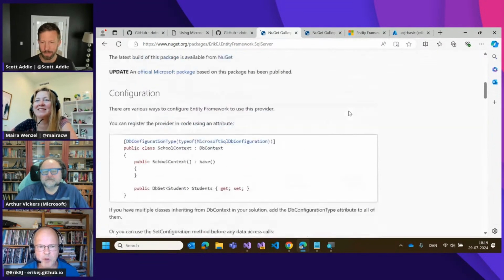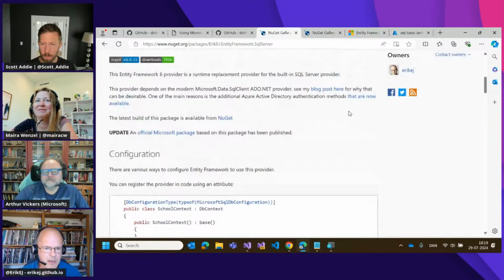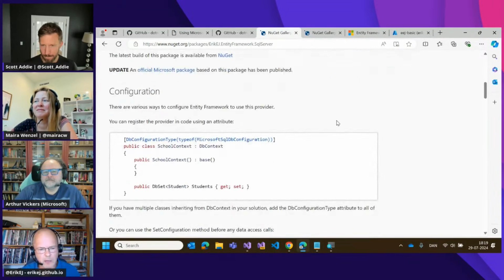This was actually published, like we said, about 3 years ago, and a lot of people have adopted it and interacted with me in the repository that I maintained to develop and evolve this.